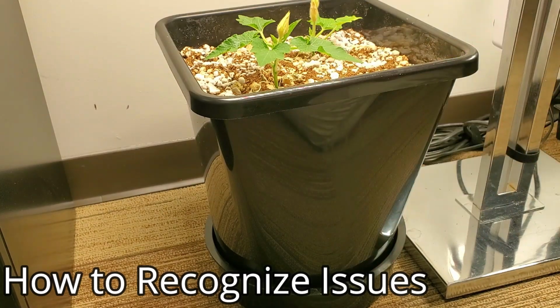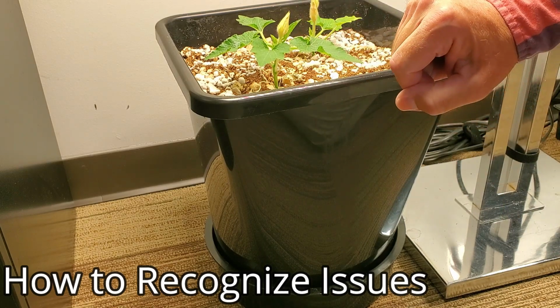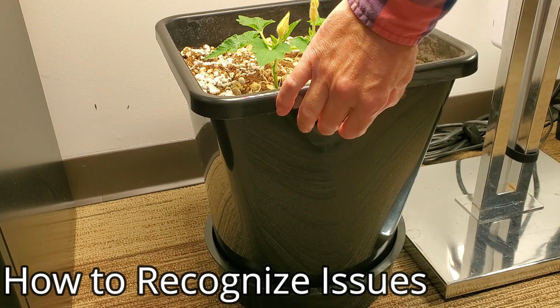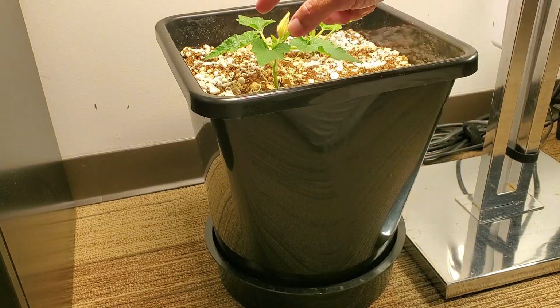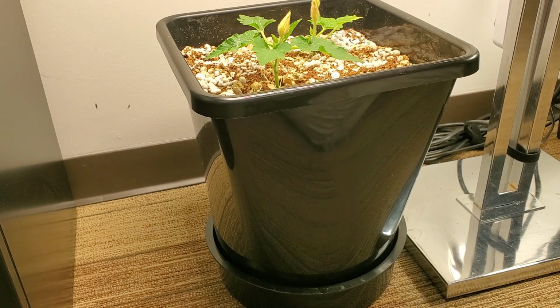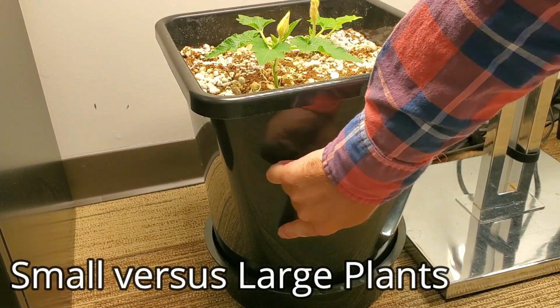Too wet, on the other hand, and what will happen is this plant will suffer for probably several weeks. It will be set back as the roots on this young plant try to grow, and as they grow, they'll start to colonize the upper zone first. As the plant gets a little bit of size, it starts to take up more moisture, and when you get a larger plant, what will happen is the roots will start to colonize all the way down through here,